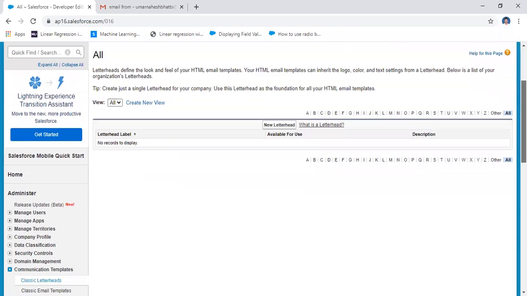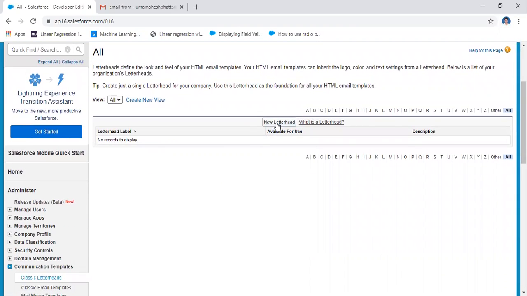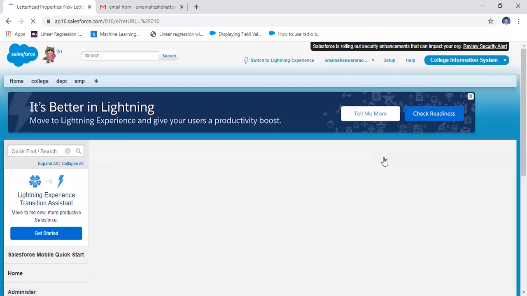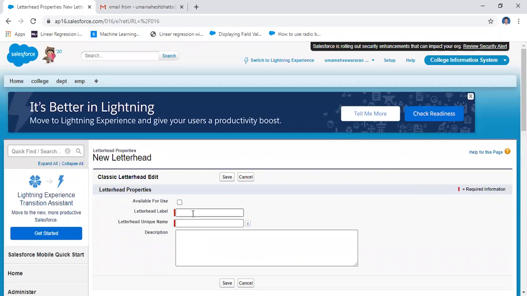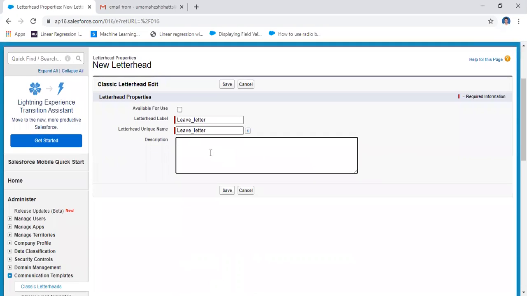Here, come to the new letterhead and click on new letterhead. Then the letterhead label, for example letter, underscore, and then the letterhead name, and then you may write the description.